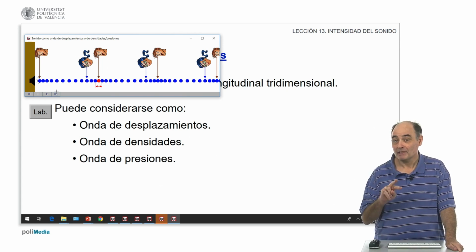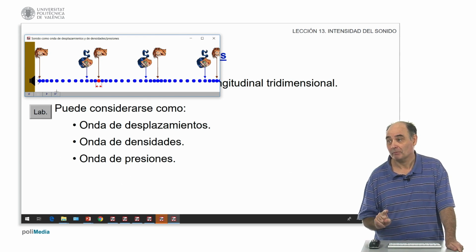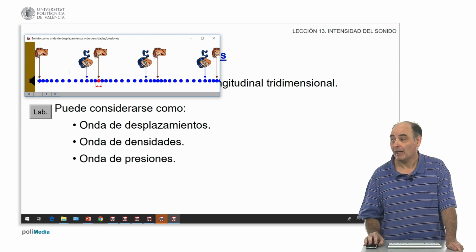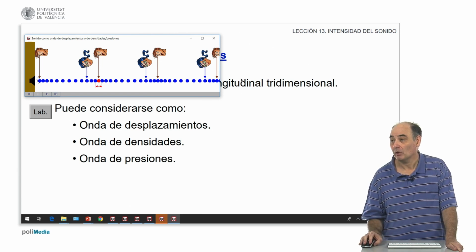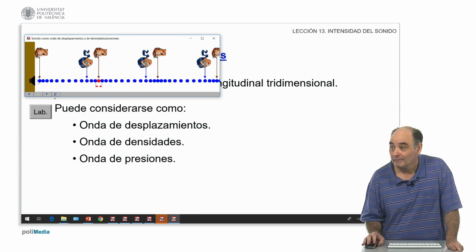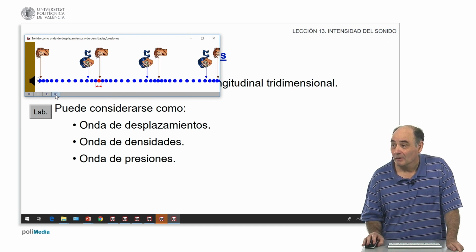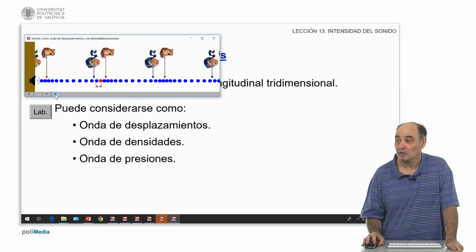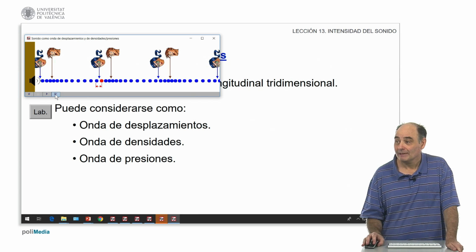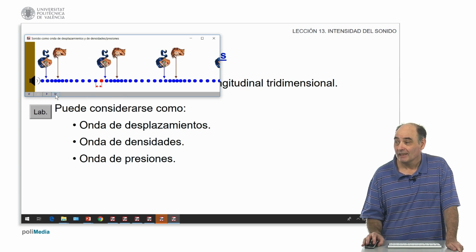Then the maximums of density and pressure do not coincide with the maximum displacements. You can see that here, at a distance of one length, look at the following one. That is the maximum of compression, and the same thing if I continue advancing. Let's see when the ball has its minimum pressure: the moment in which the ball is more loose is, curiously,